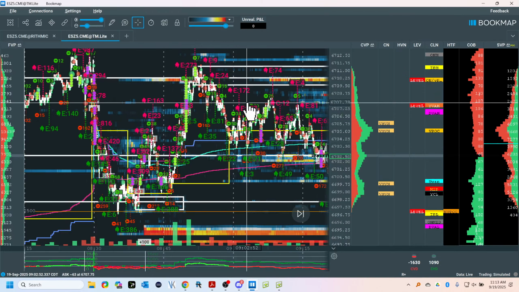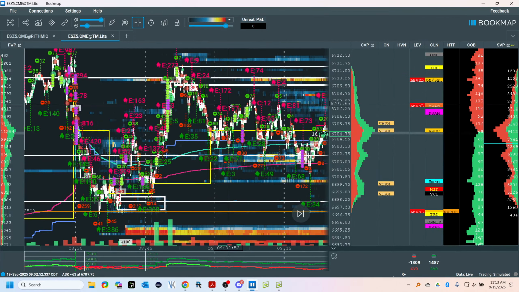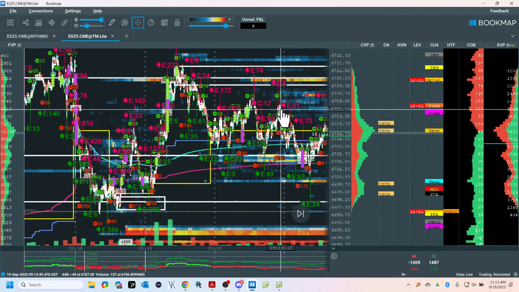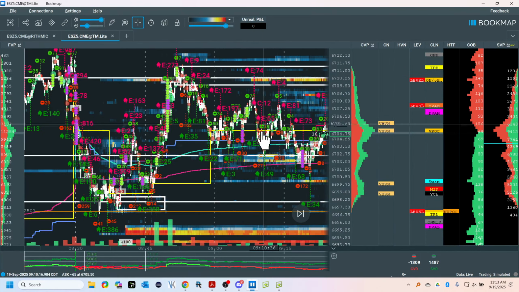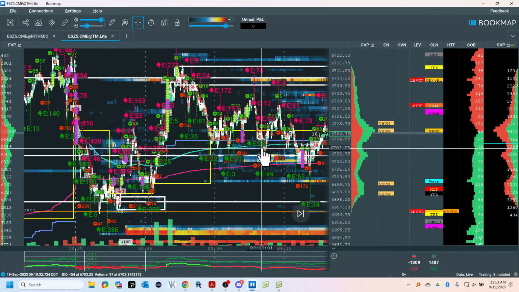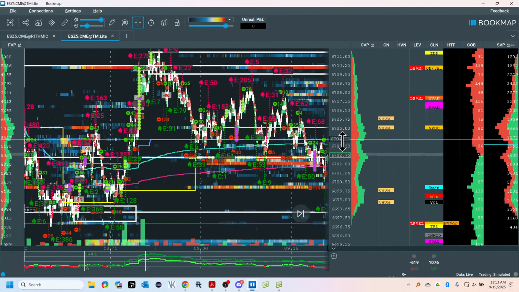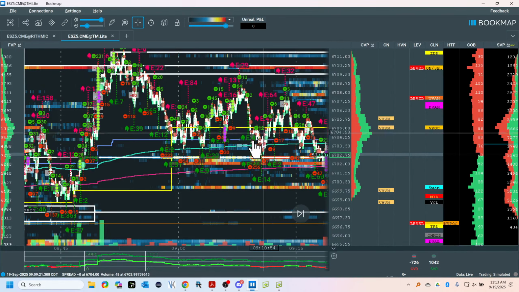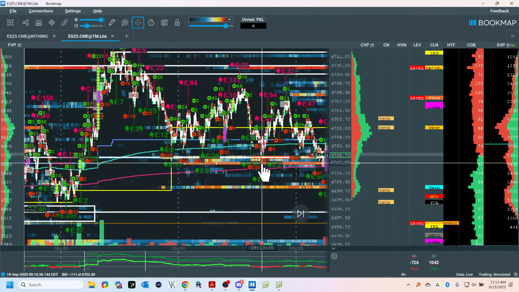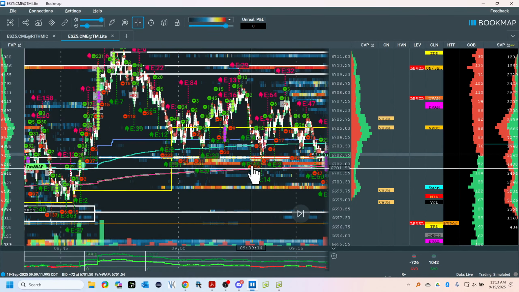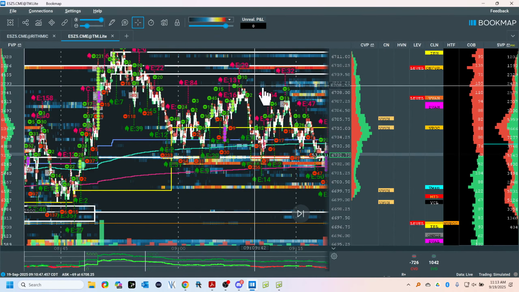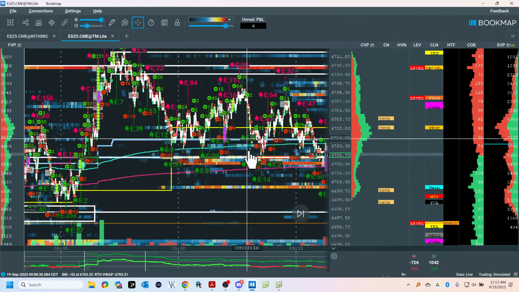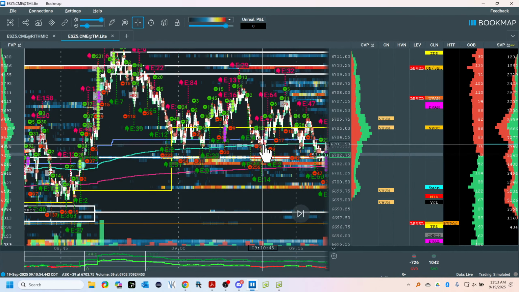Now, let me explain what's going on here. There's a possibility that if we come out, now let me explain auction mechanics to you. This is not a qualified trade. It is an auction trade. Now, what am I talking about? When you see the liquidity, okay, now it's dark at this point. When I come down here, this is a micro trigger. Now, this is not a qualified trade. I need to explain to you what is going on.